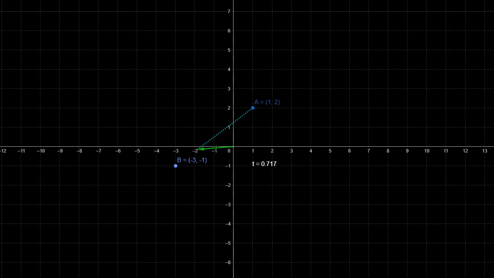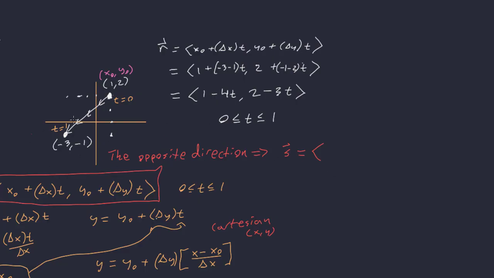Okay, now if we want to go from B to A, it's not the same formula. You can't just negate the function. You have a whole other starting point. So here, your x naught would be -3, and your y naught would be -1, right? You're starting at a different place, and your slopes are going to be different, but they should be the same magnitude. They should be the same number because here your x goes from -3 to 1, so it'd be 1